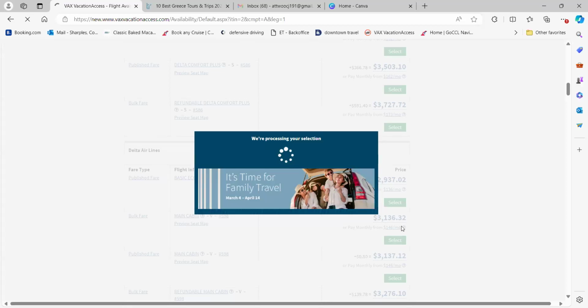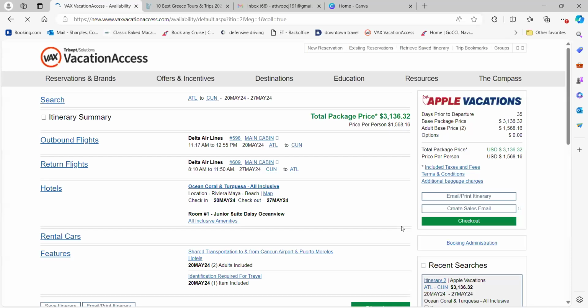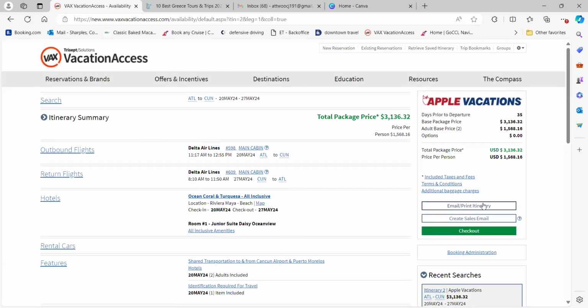So there's a couple different ways that you can do this. Some will choose to use the email itinerary that's like here and just cut out a lot of information and post it with photos. I used to do it that way before I decided to use Canva, because Canva can make it look a lot nicer. And sometimes they don't want to read all of this information.